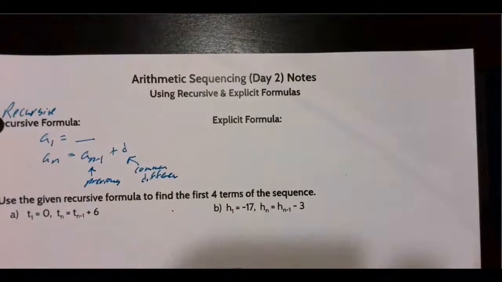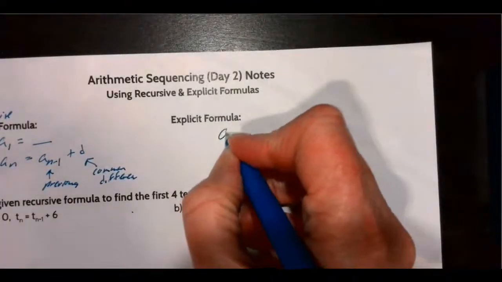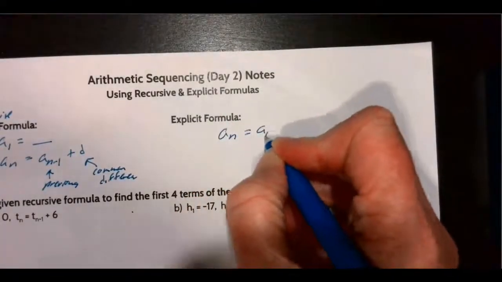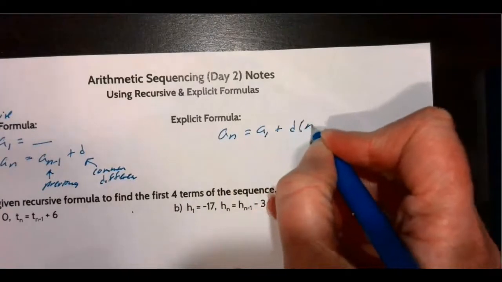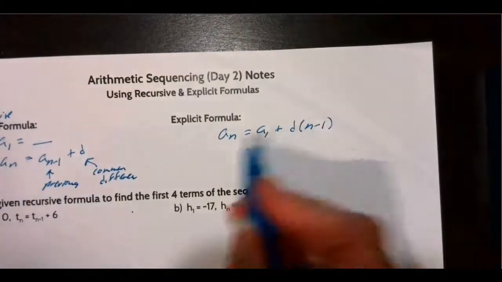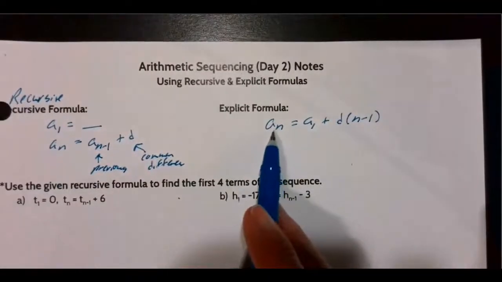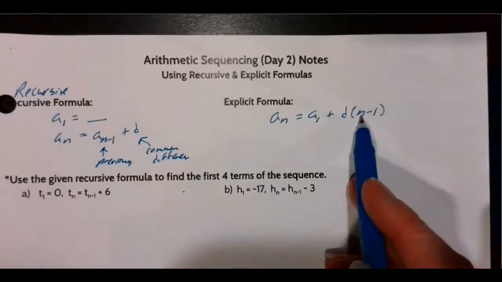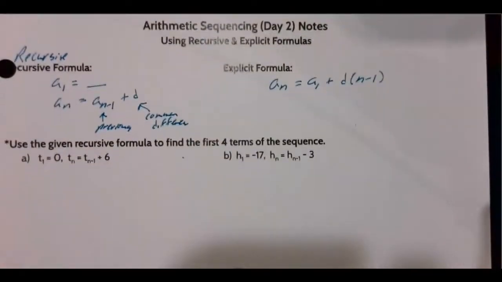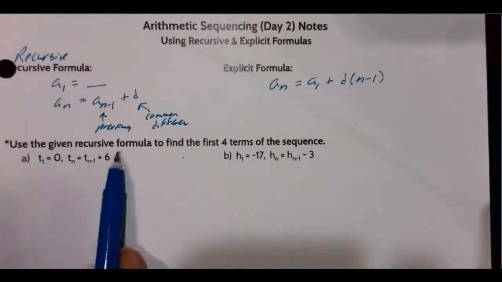Now the explicit formula is a sub n is equal to a sub 1 plus difference times n minus 1. And this n means the same thing. So this is the nth term, and if I want to find the nth term, I would plug it in right there. Okay? So the first thing we're going to do is we're going to use the given recursive formula